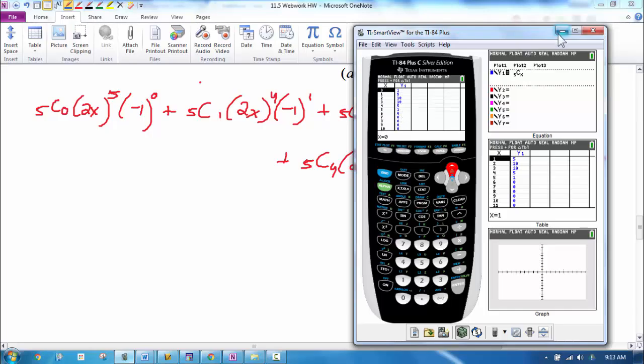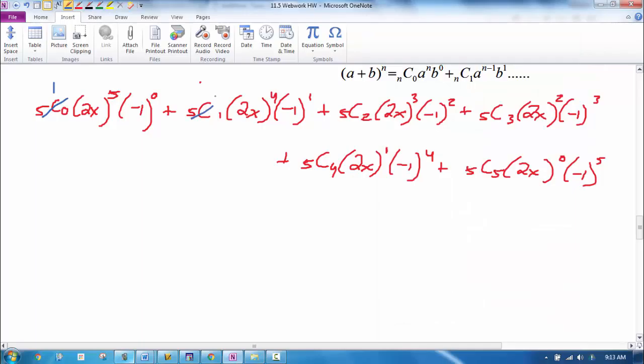So what that means is this is 1, this is 5, this is 10, this is 10, this is 5, this is 1. You should look up Pascal's triangle if you haven't already in the notes, and take a look at that row. It's the 5th row of Pascal's triangle, which you can get from the calculator. Now you have to simplify this, so it's 2 to the 5th, which is 32. So this first term becomes 32x to the 5th, and that's just to the 0th. So that's just 1. And the next one is 2 to the 4th, which is 16 times